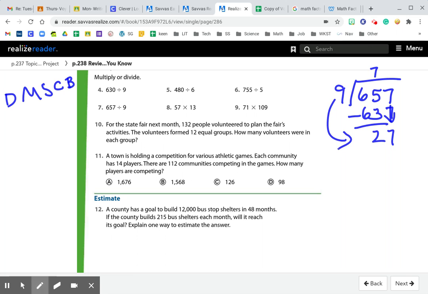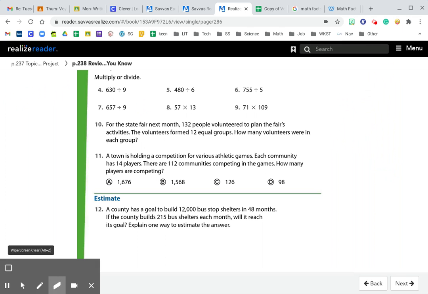Now I have another division problem to do. 9 goes into 27. If I look back at my chart, I know 9 times 3 is 27. So I divide, I multiply, I subtract, I compare, and bring down, and that problem is done. Now for number 8,